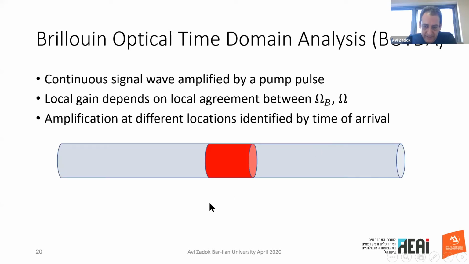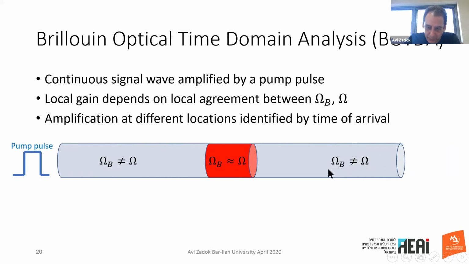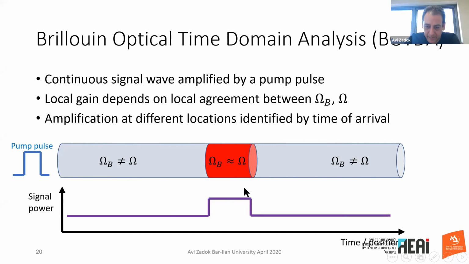For instance, let us envision a piece of fiber like this, where there is a different omega Brillouin in this central red region, and we'll be sending a signal and a pump with a certain difference omega between the two, but we choose it so that the difference matches omega Brillouin in this dissimilar region, but the difference between frequencies omega is not in agreement with the Brillouin shift anywhere else. So a pulse of the pump wave will cut across like that, and our signal,